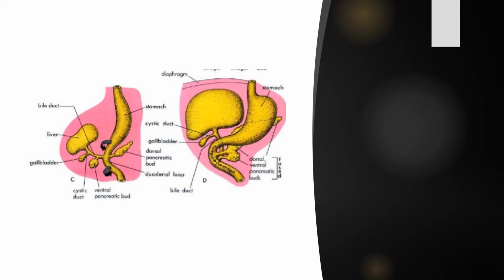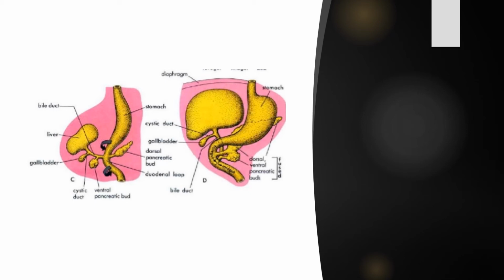Now the second phase, that is fixation. After rotation, the posterior surface of the duodenum, which was covered by peritoneum before, is now turned to the right. The convex margin is turned towards the right surface. The posterior surface of the duodenum is already covered by peritoneum, and it is in contact with the parietal peritoneum of the dorsal body wall.